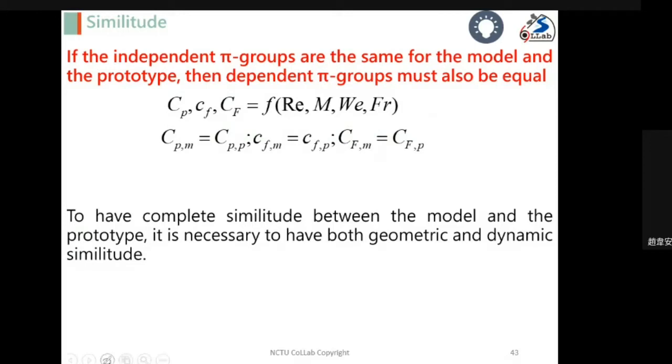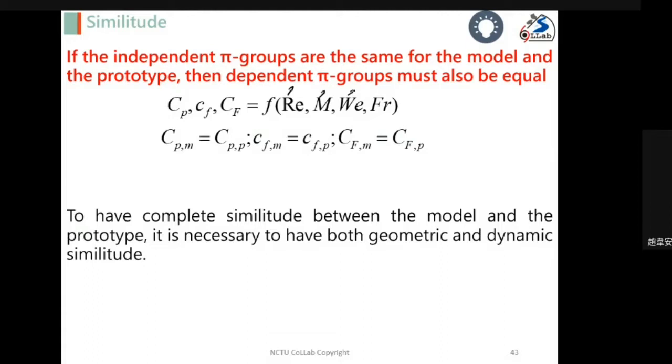For the first class, we introduced dimensional analysis, and then we summarize the independent pi groups. For independent pi groups, we have four pi groups. The first one is the Reynolds number, the second is the Mach number, then the Weber number, and the final is the Froude number. So the Reynolds number is for the viscous effect, and the Mach number is for the compressibility effect, and